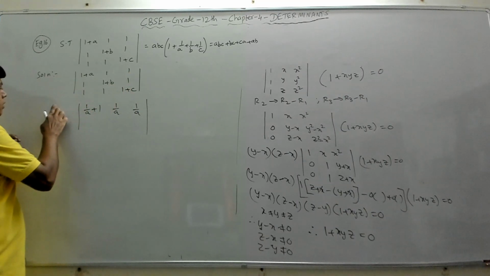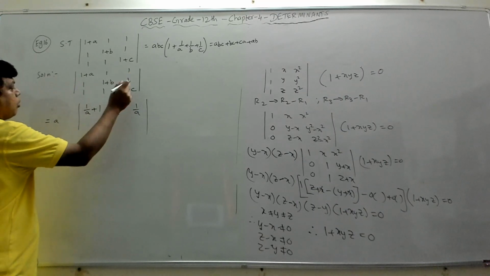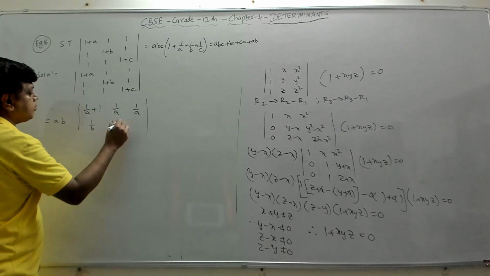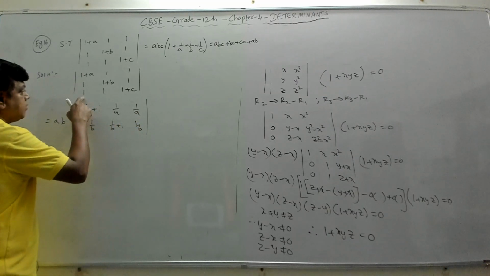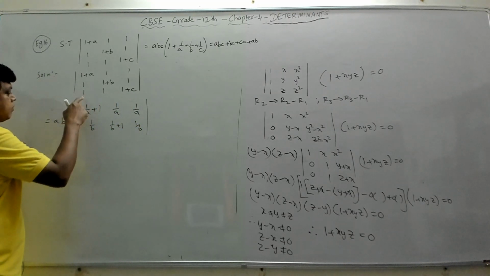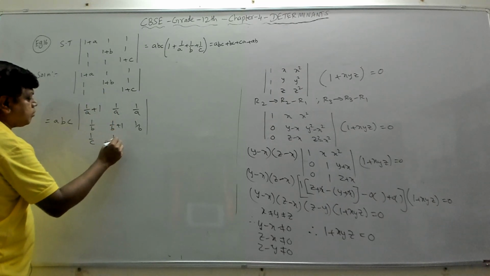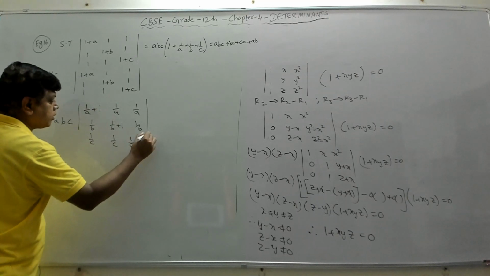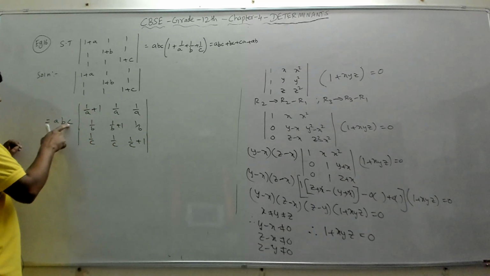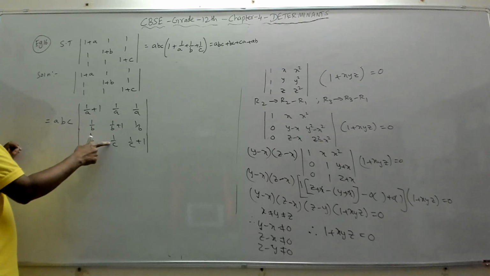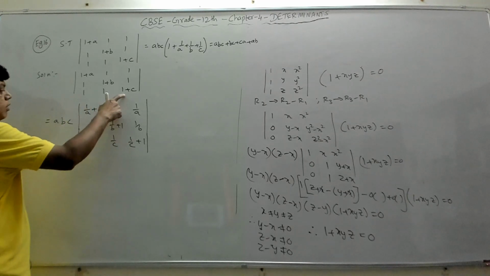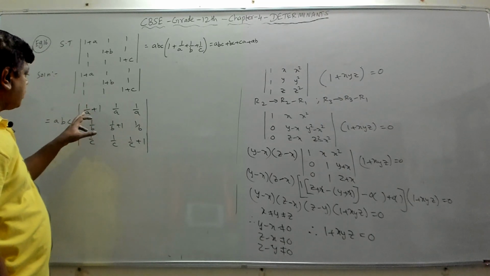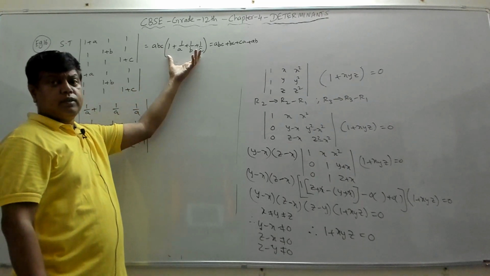Similarly from the second row, I'll take b. Then this will become 1 by b. This will become 1 by b plus 1, 1 by b. Similarly, from the third row, I am taking c. Then 1 will become 1 by c, 1 will become 1 by c, 1 will become 1 by c, and if I take c out, c will become 1. Now, if you multiply again, c into 1 by c is 1, c into 1 by c, 1, c into 1 by c, 1, c into 1, c. And now, what is the observation? You got the 1 by a, 1 by b, 1 by c that is coming.